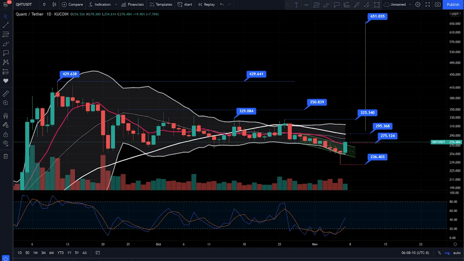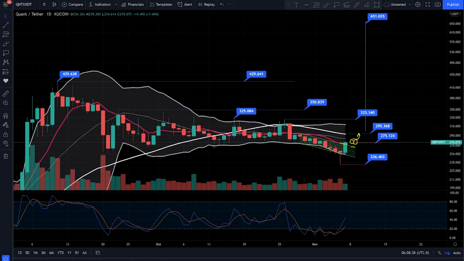The key is this. Quant has to be able to retain some of this gain and close today at around 275, which is right above these two critical levels: the resistance of this downward channel, as well as the 10-day moving average, which is this red line. Stabilize over that for at least a couple of days, and then run up to retest the 50-day